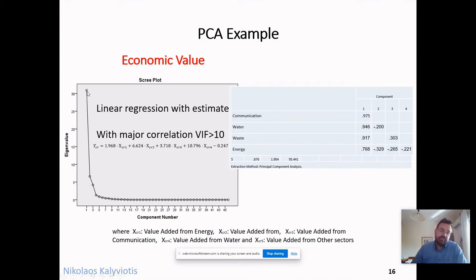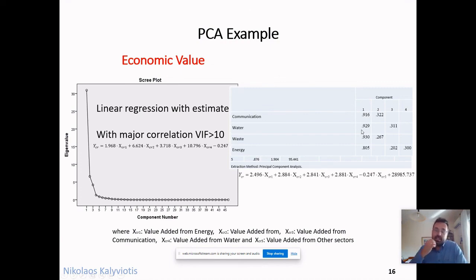As you can see, the first eigenvalue correlates with more than 30 of the independent variables of our initial model out of 46, which means that we can create a model, and instead of the first virtual independent variable, we are going to use the initial independent variables, meaning the value added by energy, communication, water,